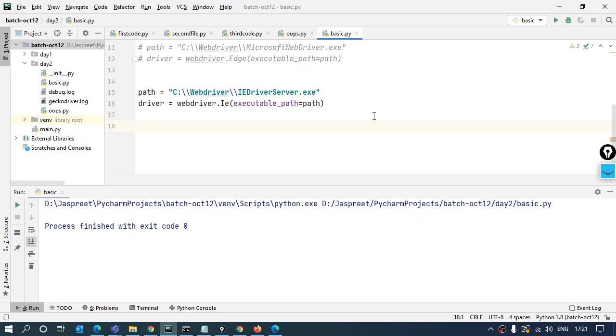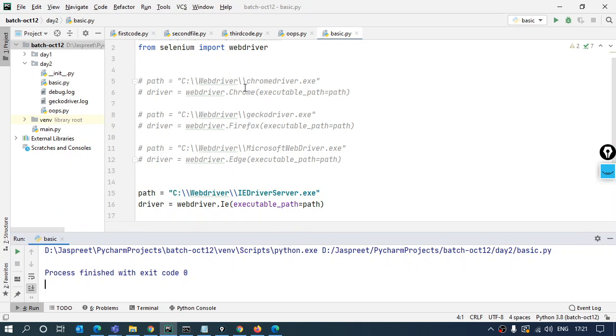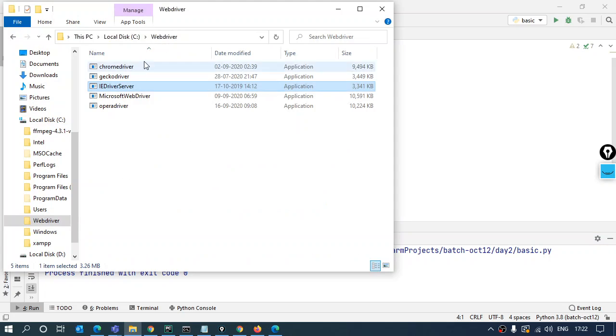Now, as you said, one cannot hard code these driver paths over here. There is a reason why I have kept all these drivers in a single folder, so that when I have to add them into the environment variables, I don't have to give them one by one. I'll just pick this whole folder, and all these drivers that I have over here will be stored in my system.